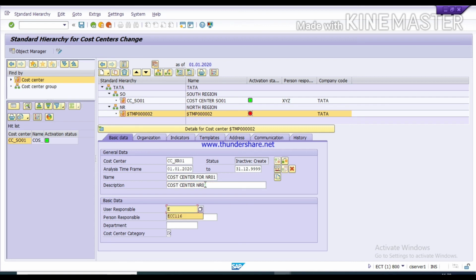Responsible person ID, responsible person name, and department. Like if you are creating for R&D department, you can mention here.